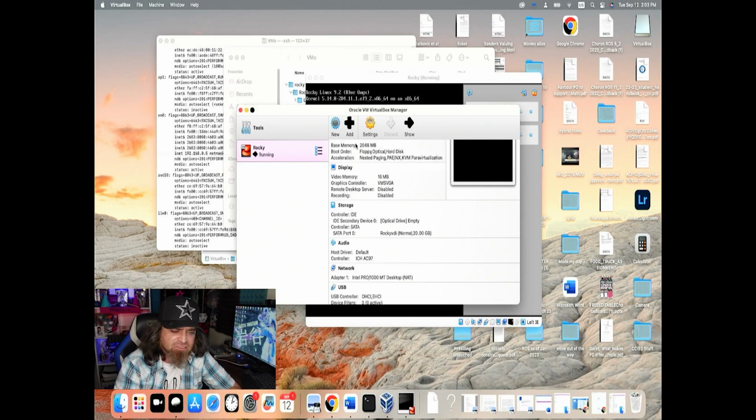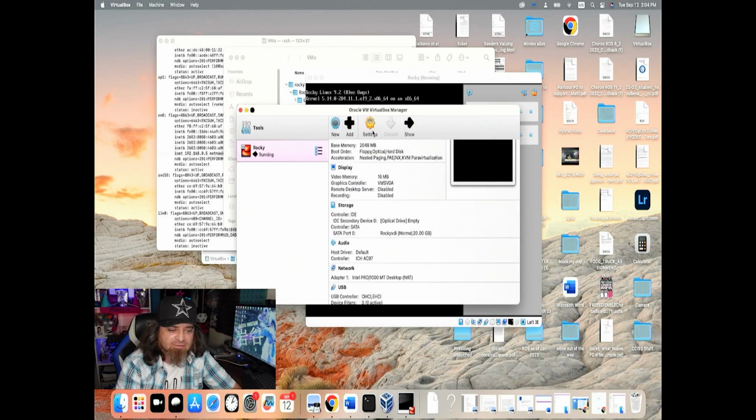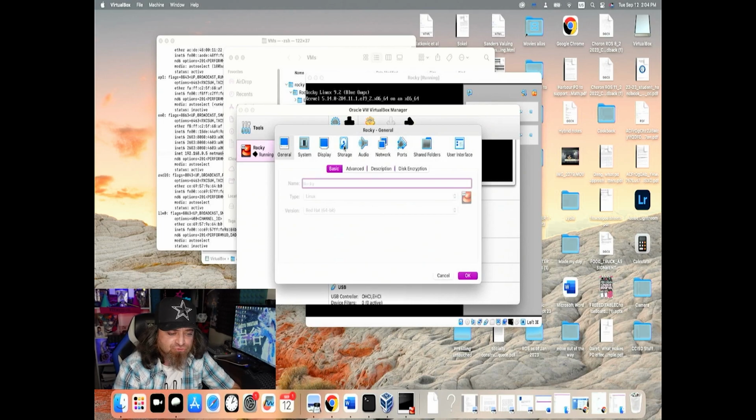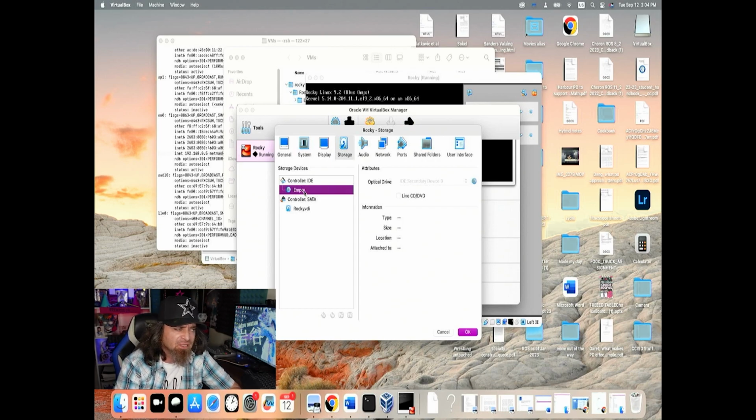Now, the reason I'm doing this is because I want to unmount the ISO, so the next time that this machine boots up, it doesn't think that we're trying to reinstall. So to do that, let me back up for a second. I hit the settings icon when I have Rocky selected. I go over to the storage icon, and it already took it out automatically, which is great. So it did an auto eject,